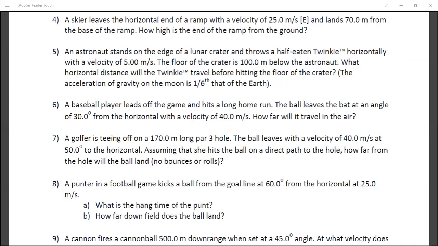G will be equal to 10 by 6 on the moon. Okay, on the moon, correct. So then h equals half gt square. So 100 equals half into 10 by 6 into t square. Okay. Then we'll get t square as 120, so t will be 10.954. Okay, so you got the time, 10.95. Correct. The range is ut, which will be equal to 5 into 10.954. So we get 55 meters.